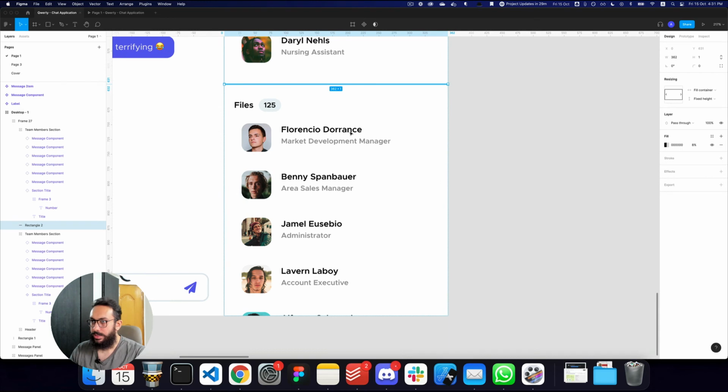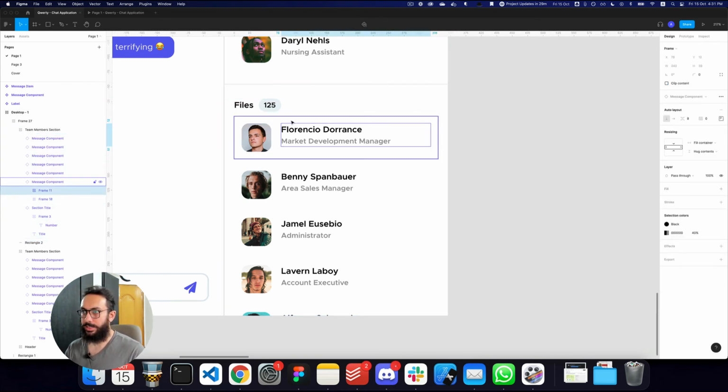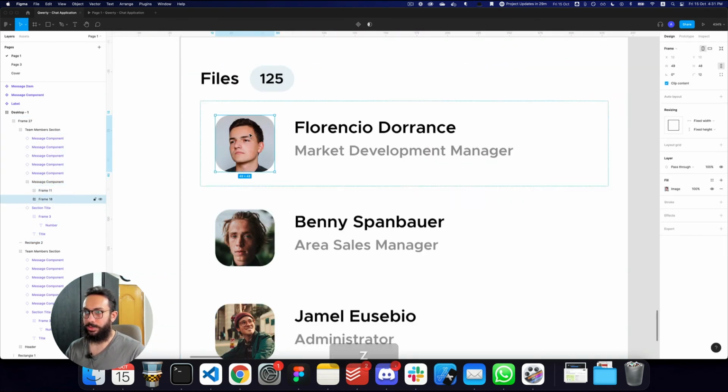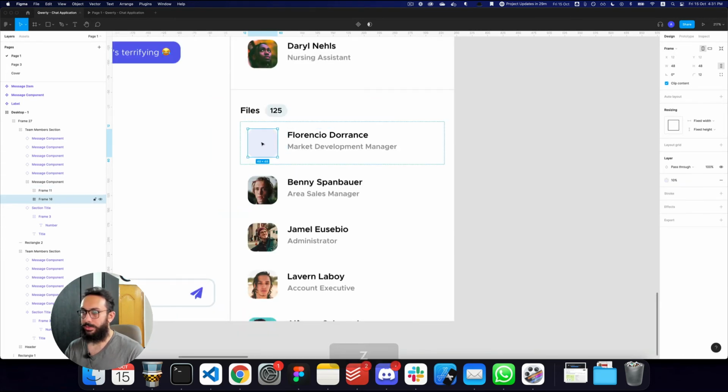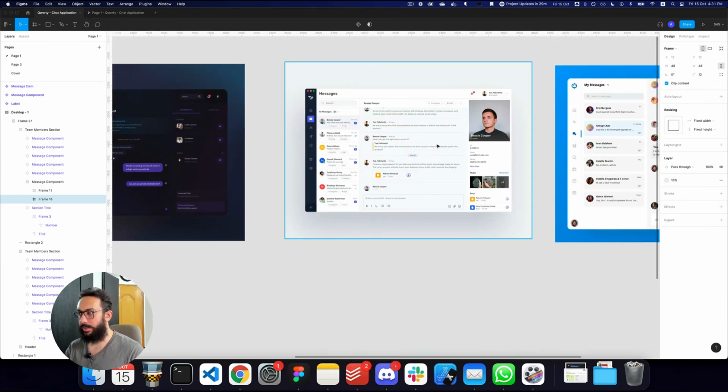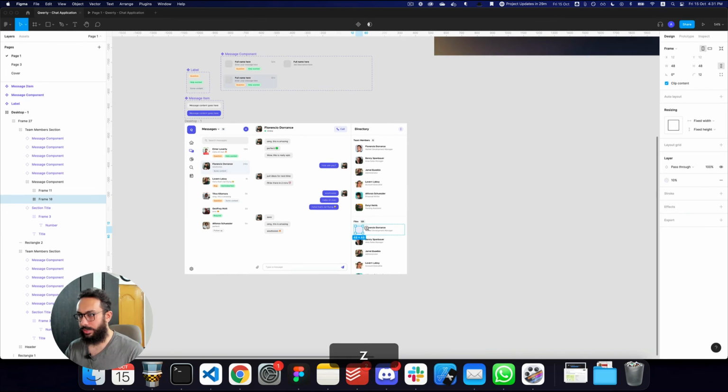Now for the files, I want to have the same. I'm basically going to detach this component. I'm going to say that this fill is not going to be there. We're instead going to have a fill like this, and actually we were going to have this fill, and we're going to have a file name, a file icon in there. So let's just go ahead and see